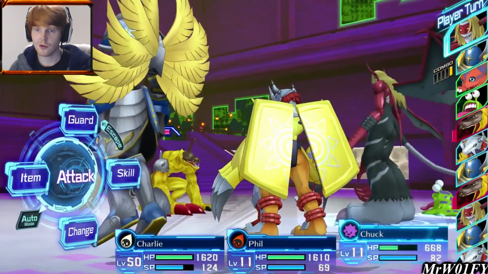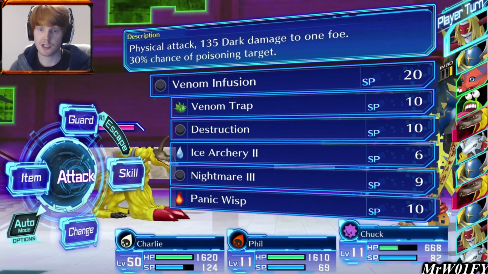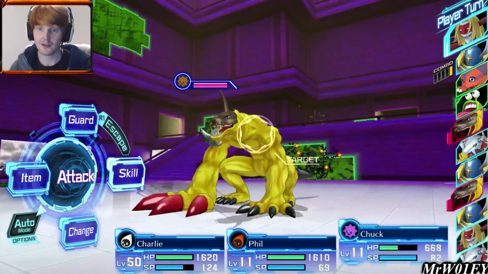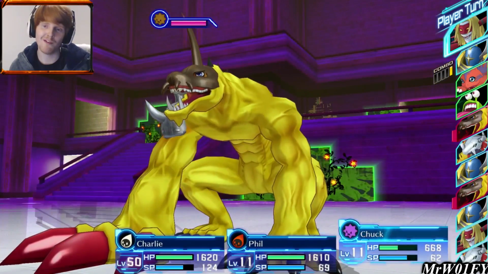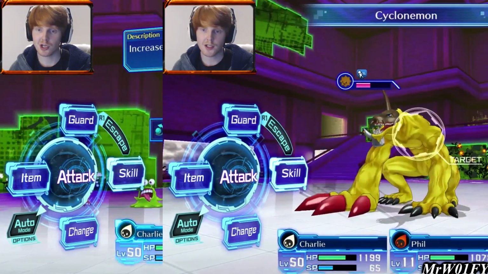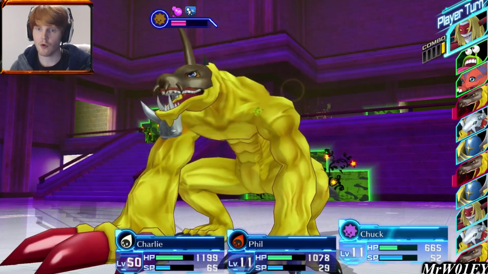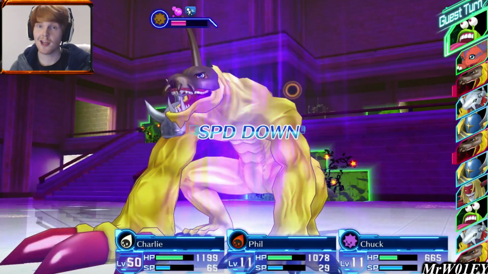Chuck has taken 2 attacks already, which is kind of scary. Now, we could just straight up use Venom Infusion. Let's see what this looks like. We could also use Destruction and try and one-shot him, but I don't think that's going to go down. Let's try this. Now, we do lose the heal of Myotismon, which is a shame. I was kind of hoping that Venom Myotismon would carry that on. That was extremely weak, Chuck. And we didn't even get the poison as well, so that's a shame. Let's just try and straight up poison this guy rather than waste the turn, and hopefully this will help the fight go a bit smoother. I can maybe even try out...